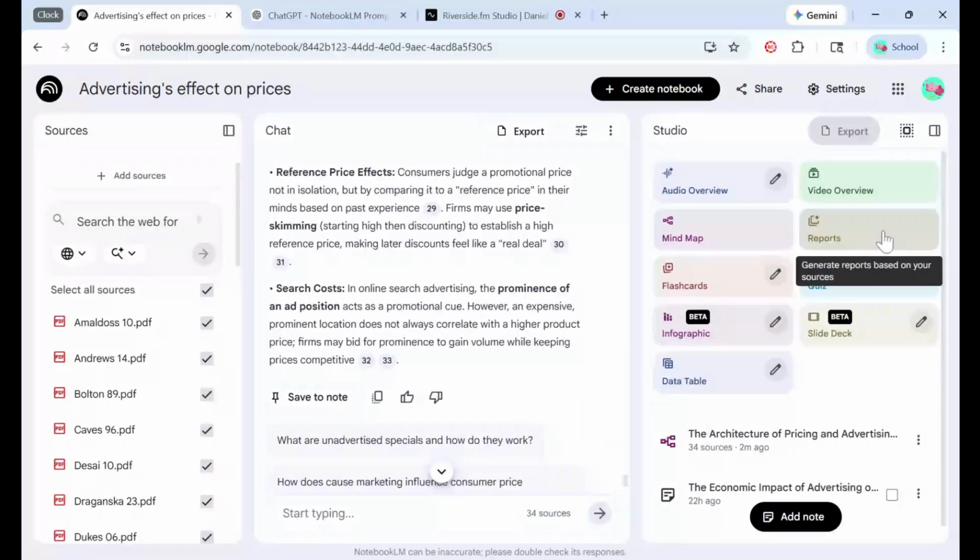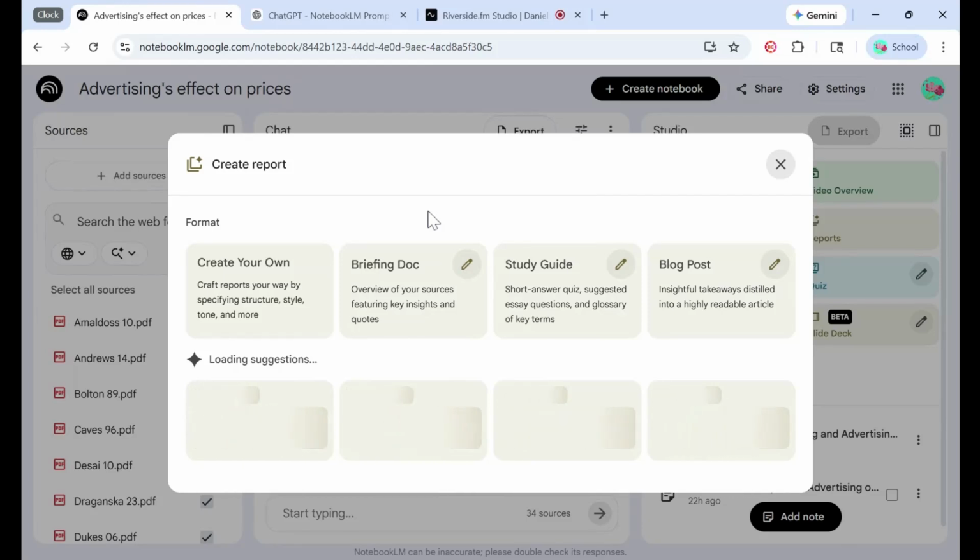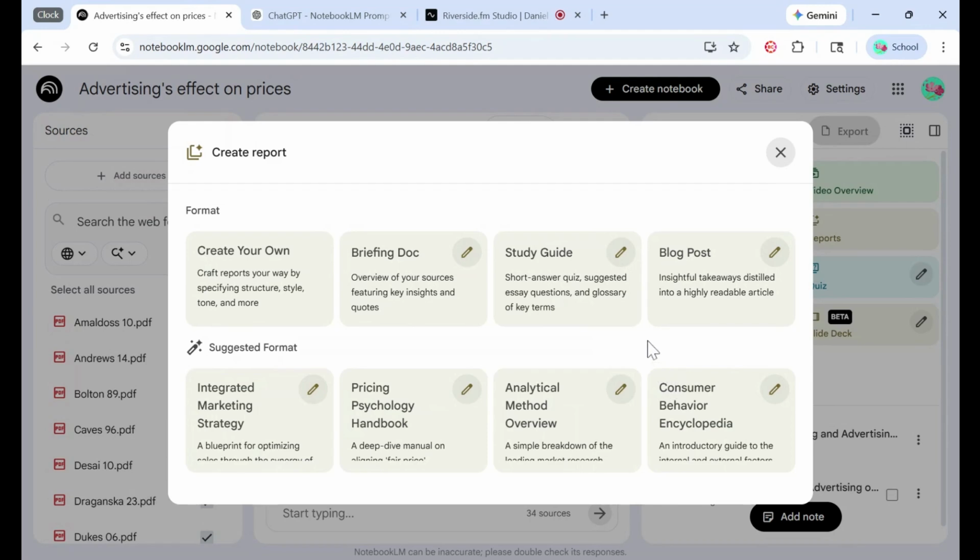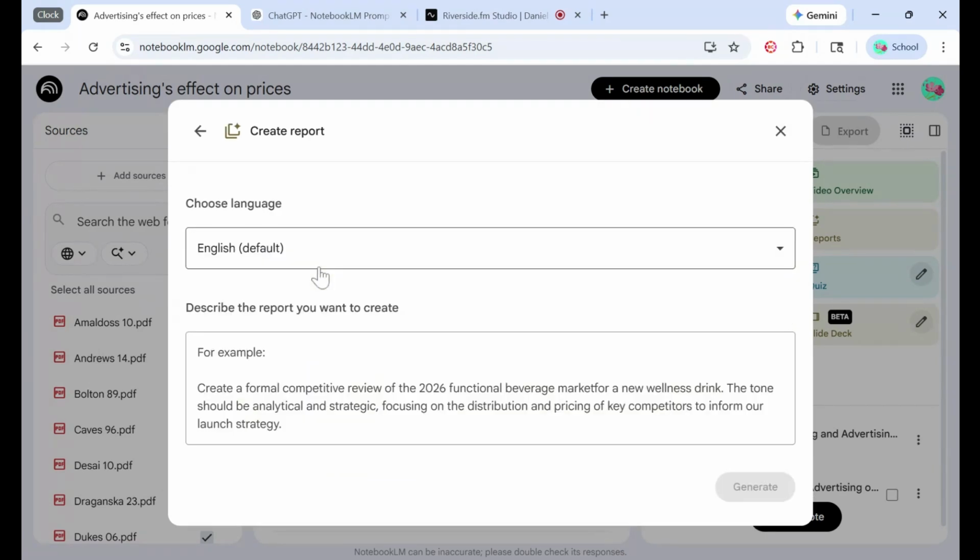Now we'll look at reports. There's several different pre-made reports that you can do, like a briefing doc, a study guide, or a blog post. It will also load suggestions based on the sources that you've uploaded, like an analytical method overview or a marketing strategy. Because we're using this tool to write a specific style of literature review, you'll click Create Your Own, and